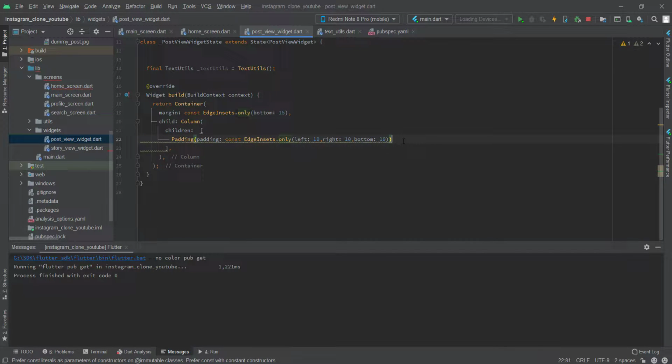Const, and in the child of this padding we can use row,